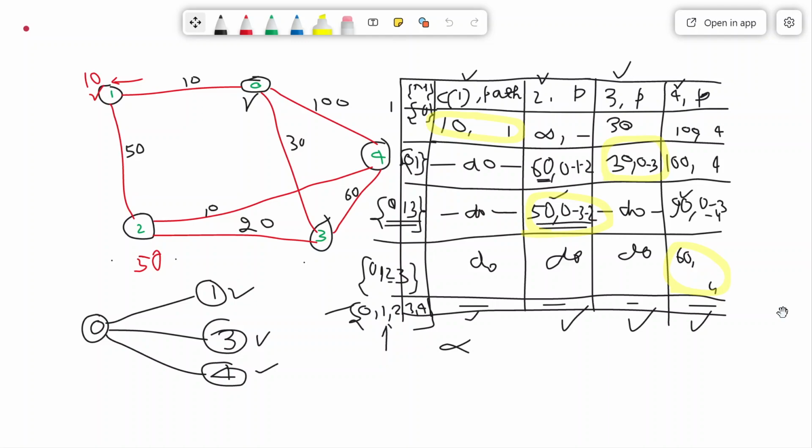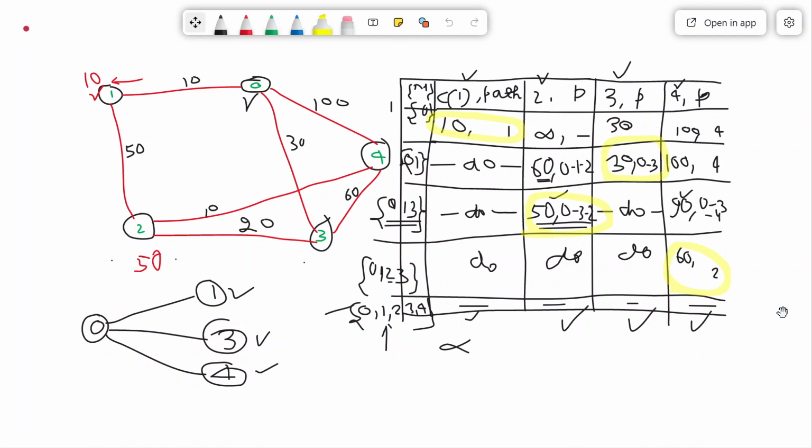So I just store not the complete path, I will just store the next hop, and that next hop is 2. So path length is 60 and next node is 2.